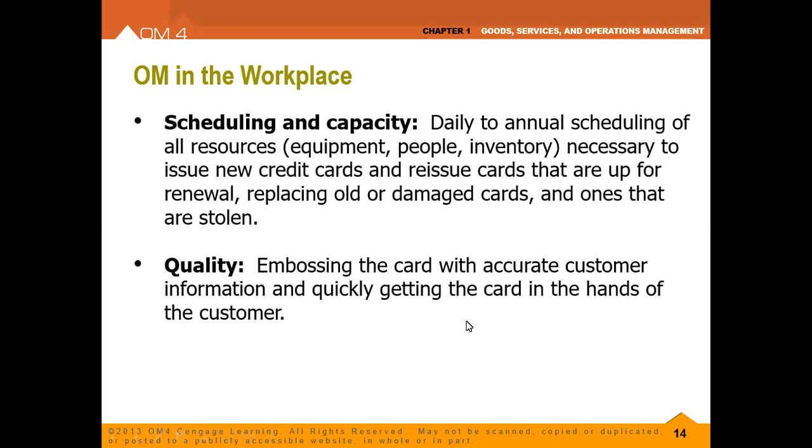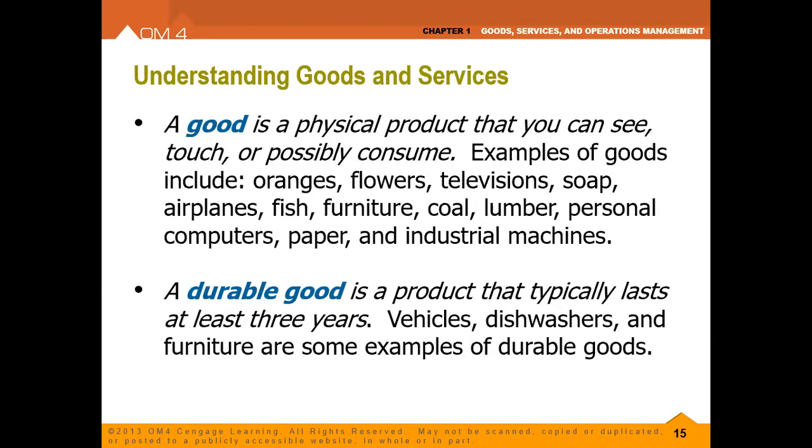Yeah. So make sure the quality of the card is good. And then even now the credit card has apps, so the app should be easy to use, user friendly. So these are things that, if you are in charge of the department, you need to take care of. And then